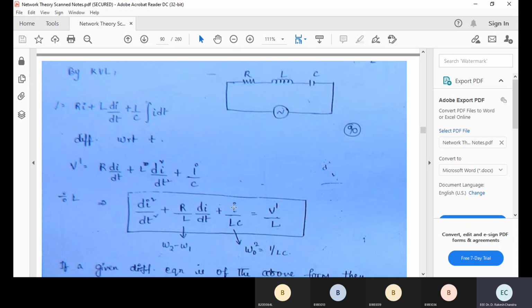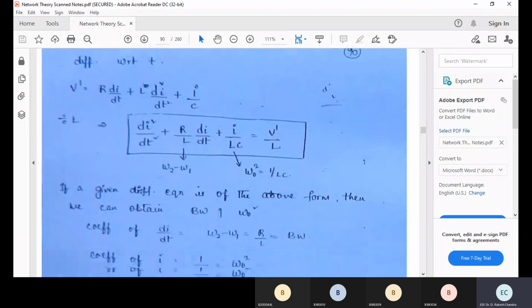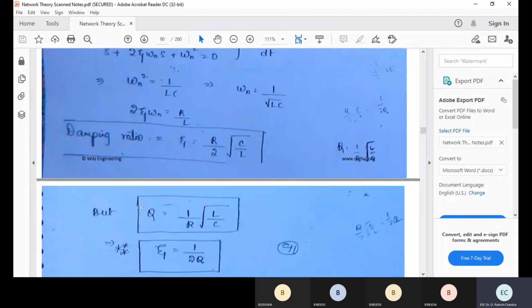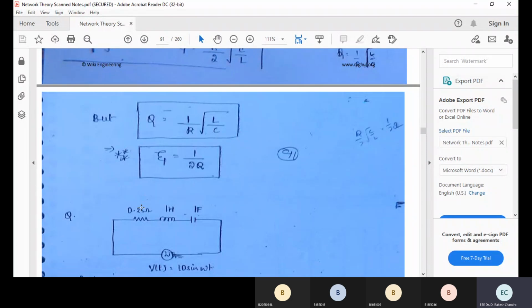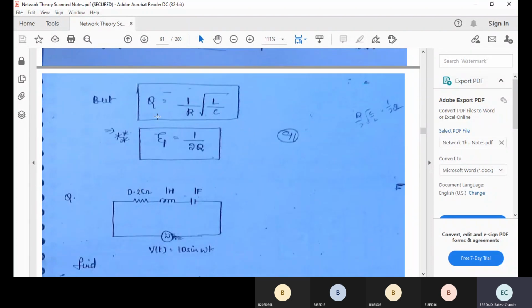These are some of the objectives. So this is a series RLC circuit with the AC source. If you apply the differential equation, this is I into R, this is L into di by dt, and this is 1 by C integral I dt. If you differentiate, finally this is a second order equation, and you can obtain your quality factor as Q is equal to 1 by R into root L by C. Quality factor is equal to XL by R. Like that, you can have several expressions.